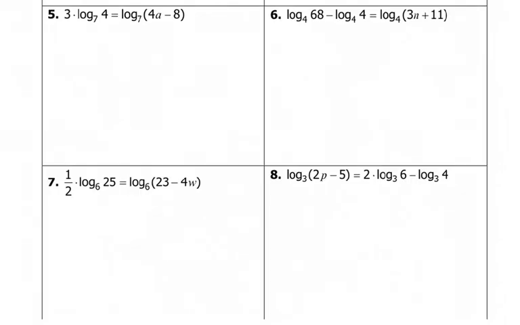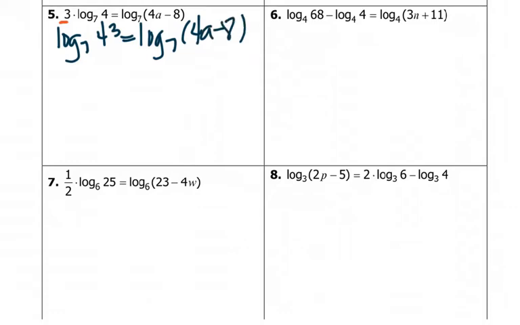Now we're going to look at number 5. Again, we're condensing your log first if you can, and here we can because we have a 3 in front. Remember, when a number's in front, that means it's going to become your exponent. So we have log base 7, 4 to the 3rd power, equals log base 7, 4a minus 8. The first step was moving your exponent onto the 4. From there, we have the same base, so we can drop the log base 7 and just make it 4 to the 3rd power